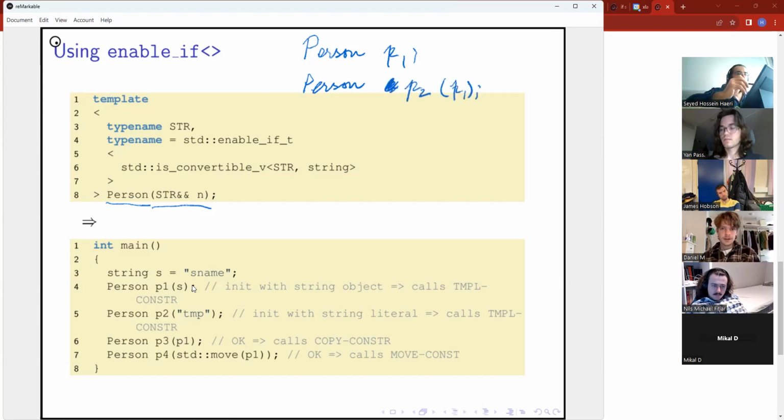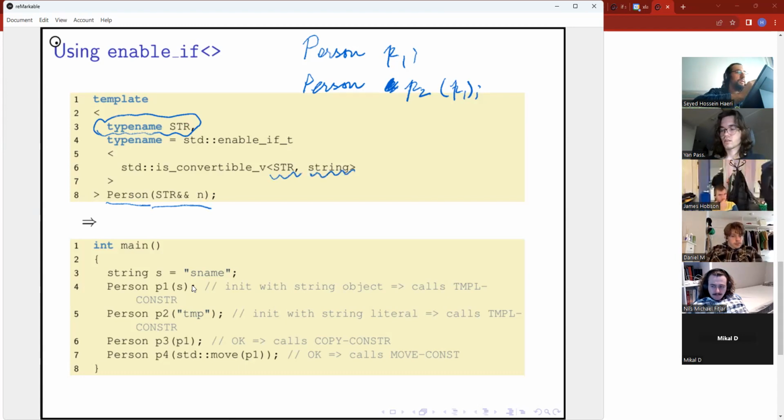The problem with the previous formation of the constructor was that it was too loose with the instantiation of this first type parameter. Now we want to regulate that. So we want this one to be called, as the name suggests, str would be only for types which are string-like, and so we want str which is convertible to string.